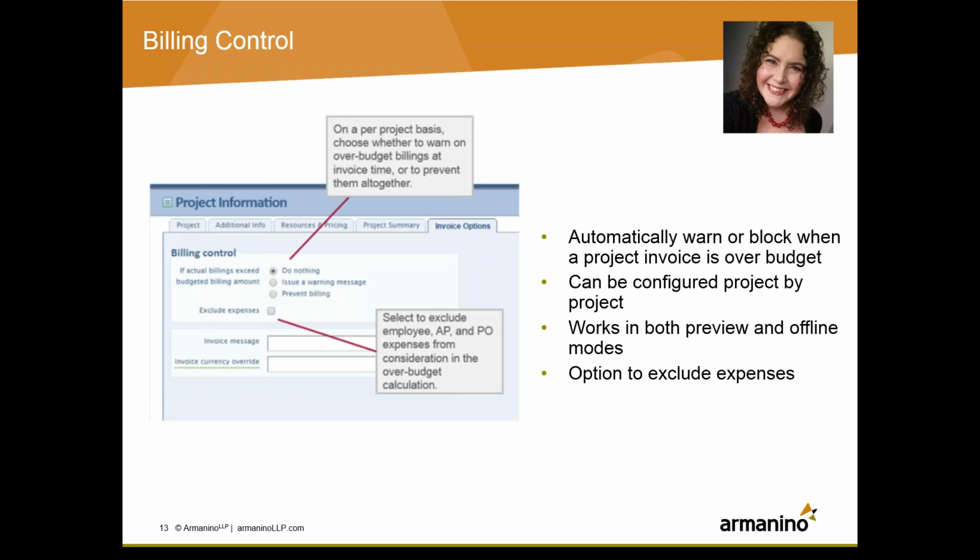So that would be in the case where you are only billing the time as the agreed upon fixed fee and expenses were being billed separately to your fixed fee. So you do have that option to exclude expenses from that. If you are billing a totally inclusive fixed fee project, you would want to leave that unchecked. And you can decide whether or not you want to warn, in which case it'll flash that yellow warning sign at the top if you do add a bill to a project billing that goes over the budget.